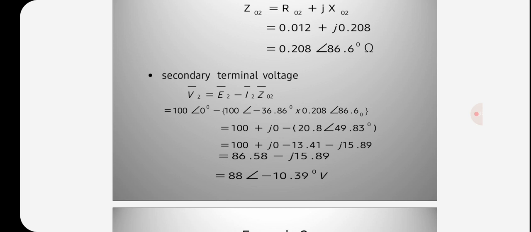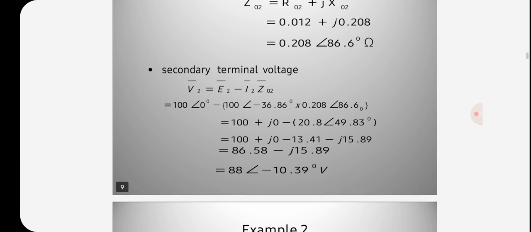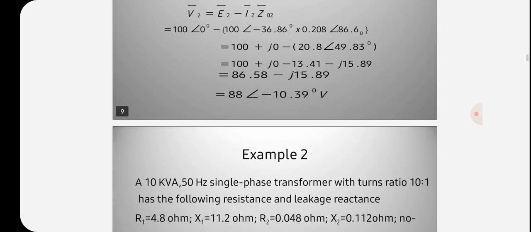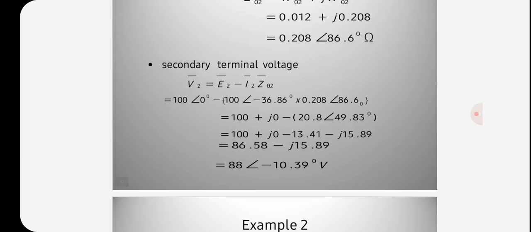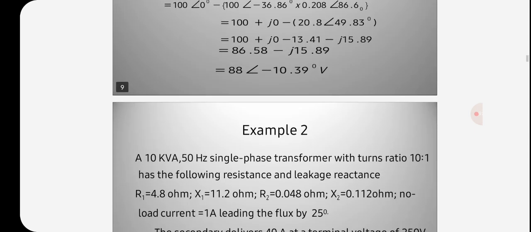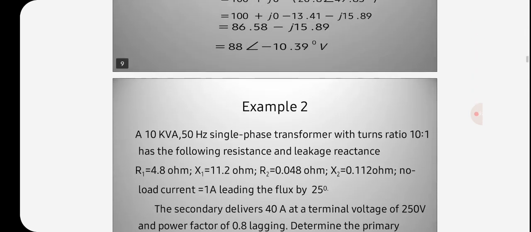So that is 86.58 minus j of 15.89. So that is equal to 88 angle of minus 10.39 degrees volts. So this is the first problem, secondary terminal voltage. Next we go for